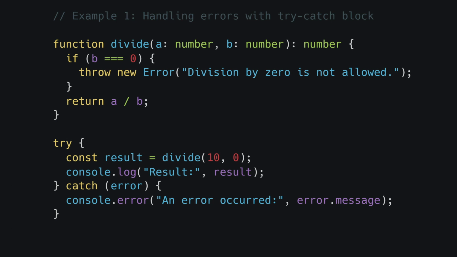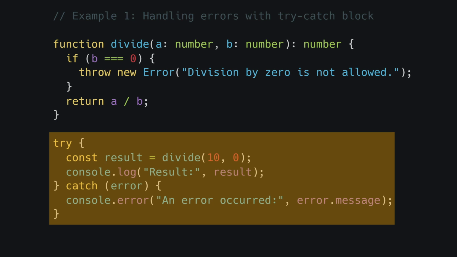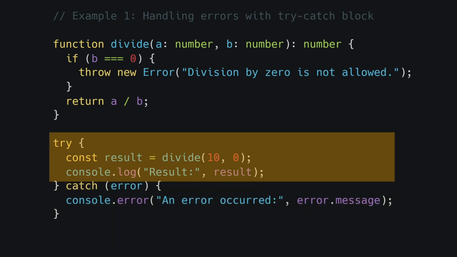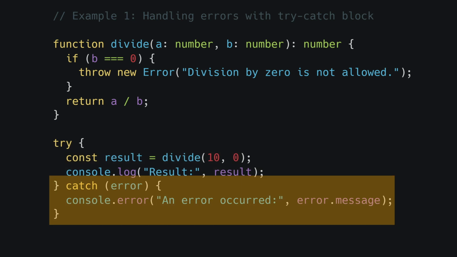In this example, we have a function called divide that takes two numbers as parameters and performs division. However, if the second number b is 0, it throws an error using the throw keyword. To handle this potential error, we encapsulate the function call inside a try-catch block. The try block contains the code that might throw an error, and the catch block catches and handles the error